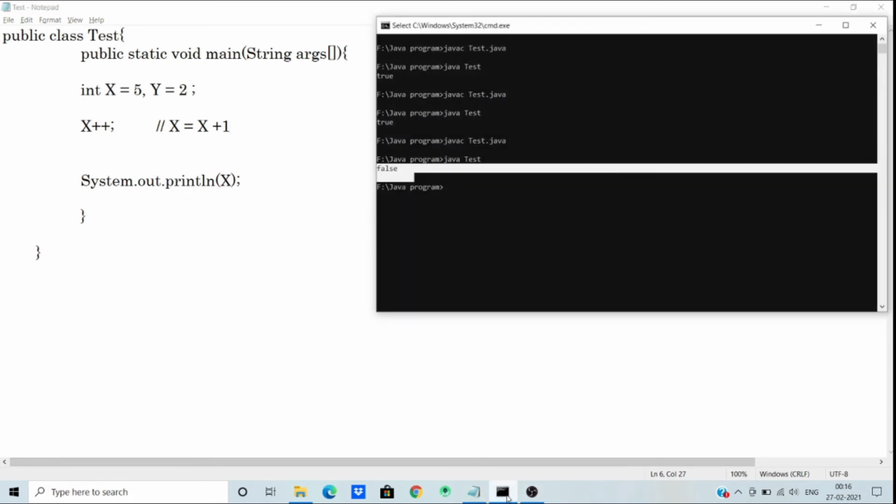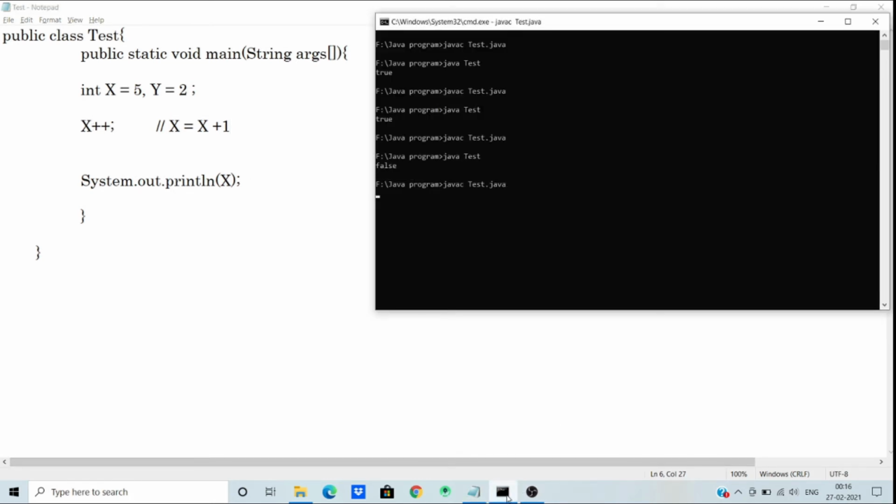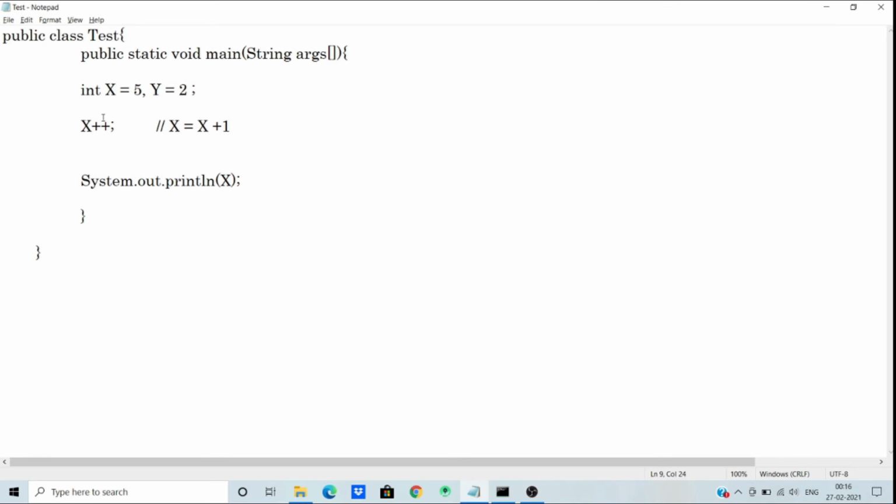So compile this file and run this. So the value of x is 6. If I use decrement operator, then the output will be 4 because this operator acts as x equal to x minus 1.